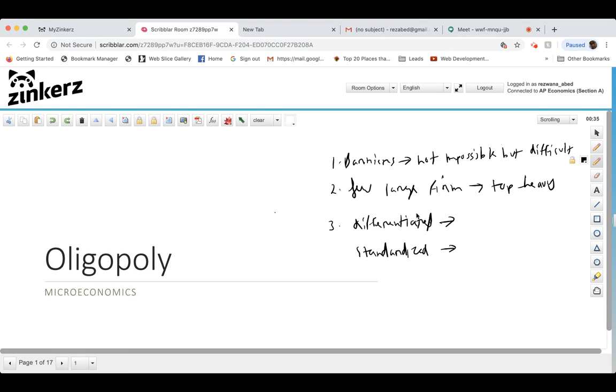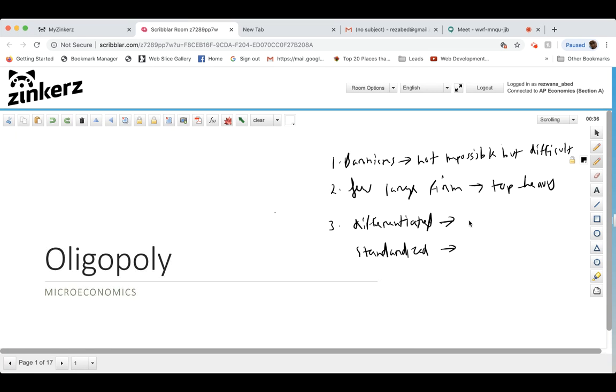Can you repeat the question? So I'm just asking, remember we said that oligopolies tend to create both types of products. Some oligopolies will sell products that are different, right? And some will sell products that are kind of identical. So do you remember what some of the products might be for the oligopolies that sell differentiated products?